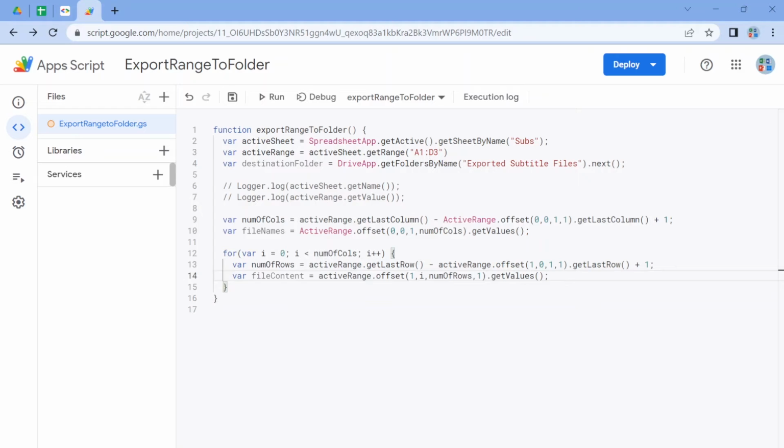So I'm going to declare a new variable called file content, okay? And it's basically from the active range, I will offset by 1, and i here, that is the number of column, and I will go for as many rows as I have in number of rows. And I will just go for only 1 column.